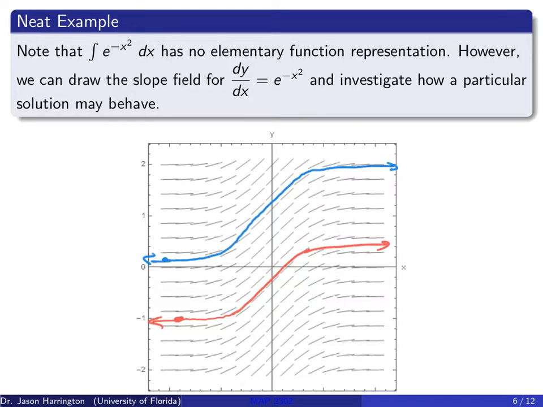So even though we cannot integrate that to find the answer, we can still figure out how it's going to behave. I like this example because it's very simple, and it shows you that there are some differential equations that are so complicated that you can't solve them. This is a very simple one that you really can't solve. Yet, knowing the direction field and some other characteristics, we're able to determine everything about how the solution will behave.